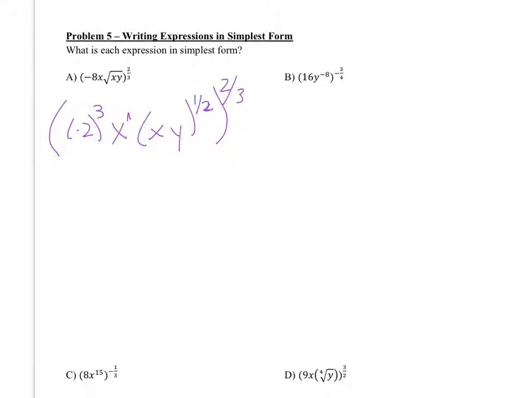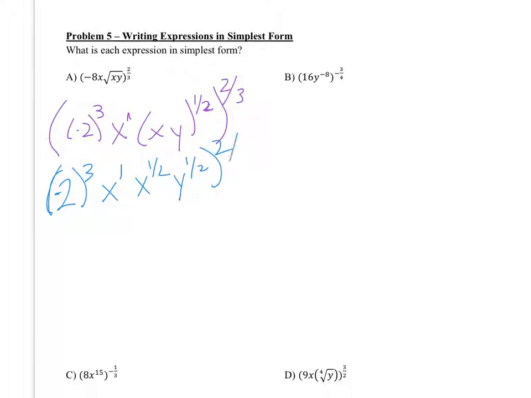So one thing that I notice is that I have a power to a power. When I'm doing this power to a power, I have to be careful. I can either do this power to a power first, or else I can do this power to a power first. I always personally like to work inside and then out. So I'm going to rewrite this. So this becomes negative 2 to the 3rd, x to the 1st, x to the 1/2, y to the 1/2, the whole thing